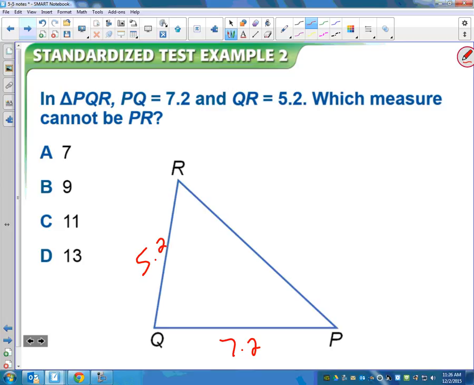Because why? Right? Because you want to be able to say that these two numbers are going to add up to be bigger than all the other. That's the biggest number on that, right? Because unless they give you a big number first, this one, because that's 12.4, so it couldn't be 13 because.